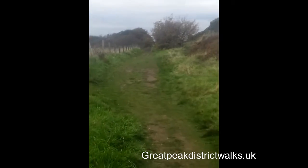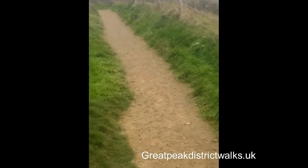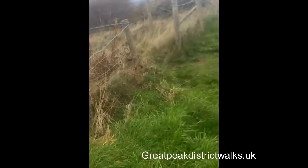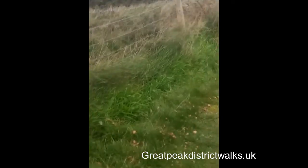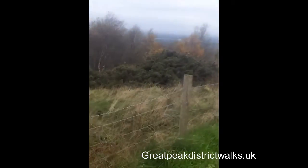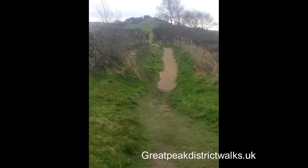Okay, we're halfway down towards the Nancy now, and I forgot to mention that this is actually a part of the Gritstone Trail that runs from Marple Way over through Lyme Park, which we've got a walk on the website, and actually Bowstones is on the Gritstone as well, and you can actually follow it all the way through